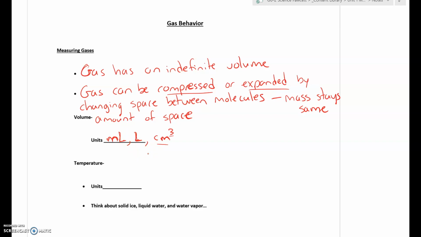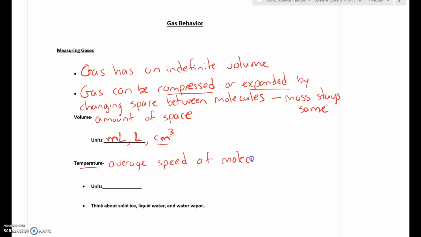One of the other things that we learned that we can measure about matter way back in the beginning of the year is temperature. And when we talked about temperature, we defined it as just how much or how fast the molecules are moving, their amount of thermal energy. So a more technical definition of temperature, it's the average speed or motion of the molecules.